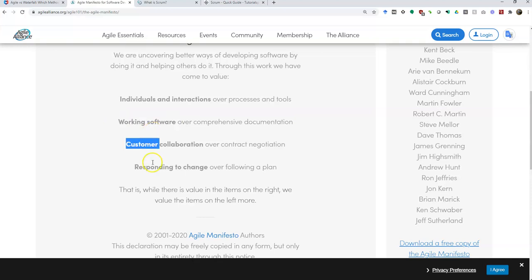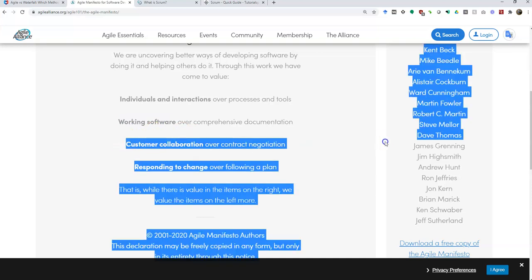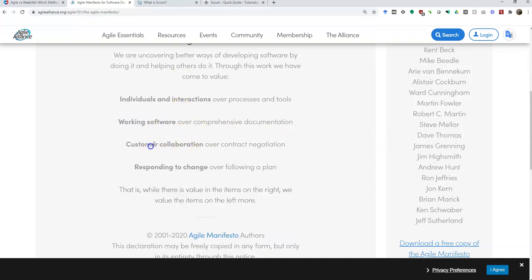That's kind of what this means. And that's, again, sort of related. These are all sort of related, actually. The customer collaboration. Customers here would be the people who bought your software, the owners, the